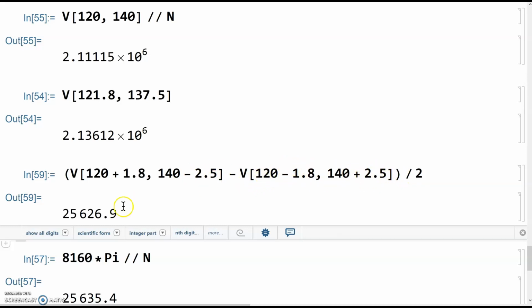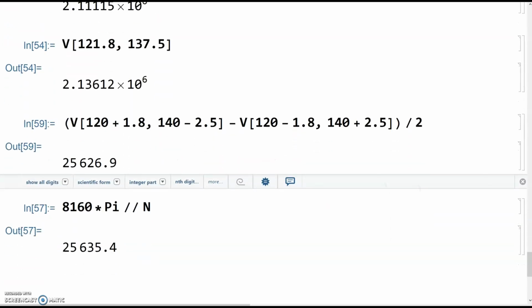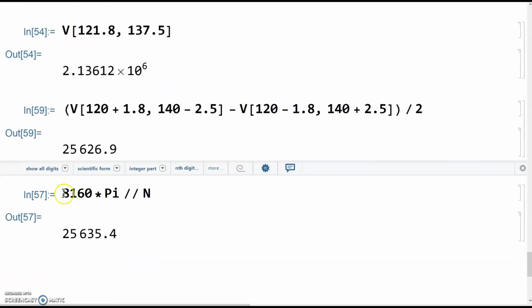Subtract them, divide by 2, and you get an average rate of change over a 2-second time period, which is about 25,000 cubic inches per second. And then I took my actual answer, 8,160 times pi. I got, again, roughly 25,000 cubic inches per second. So because those numbers are so closely